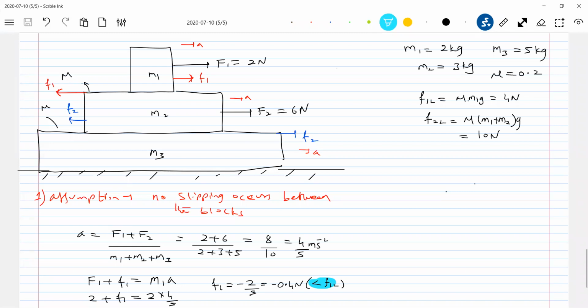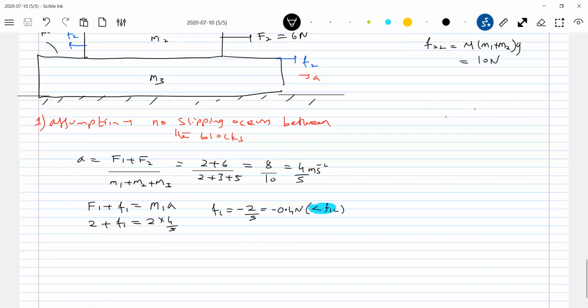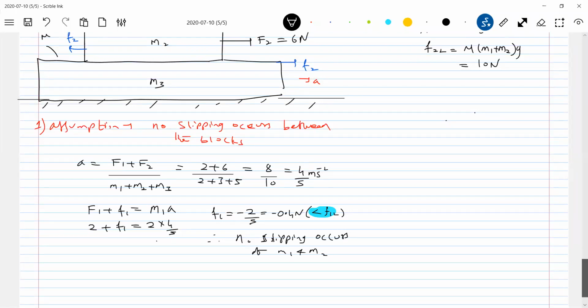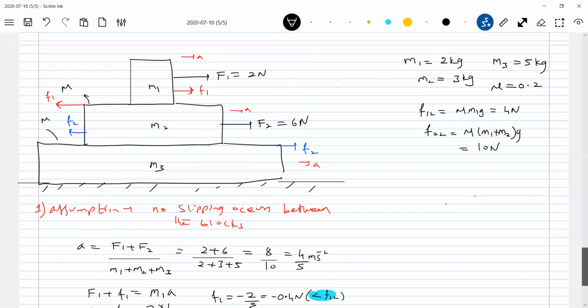So what should I conclude? No slipping occurs at M1, M2. Therefore no slipping occurs at M1, M2. And now after this, I will go for